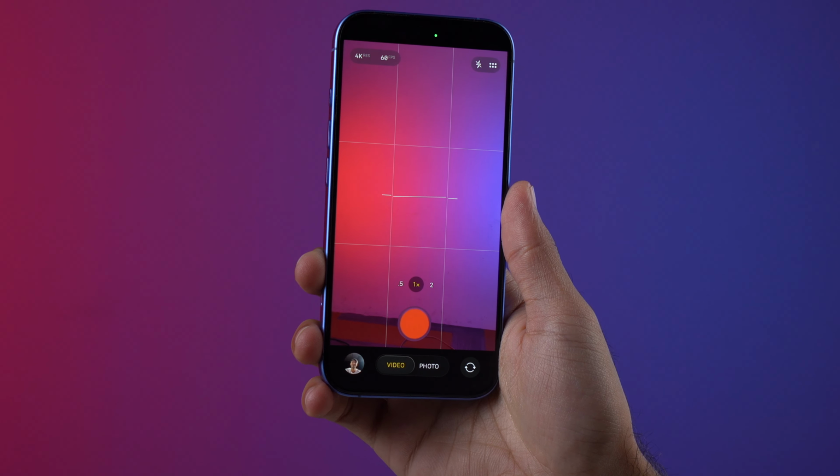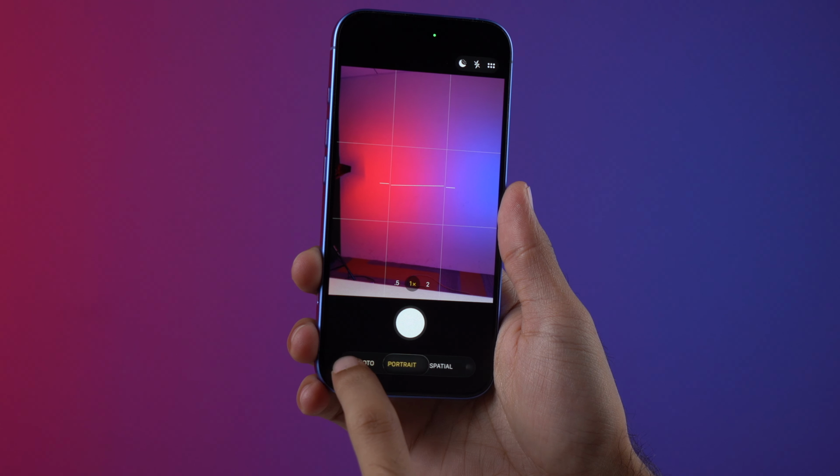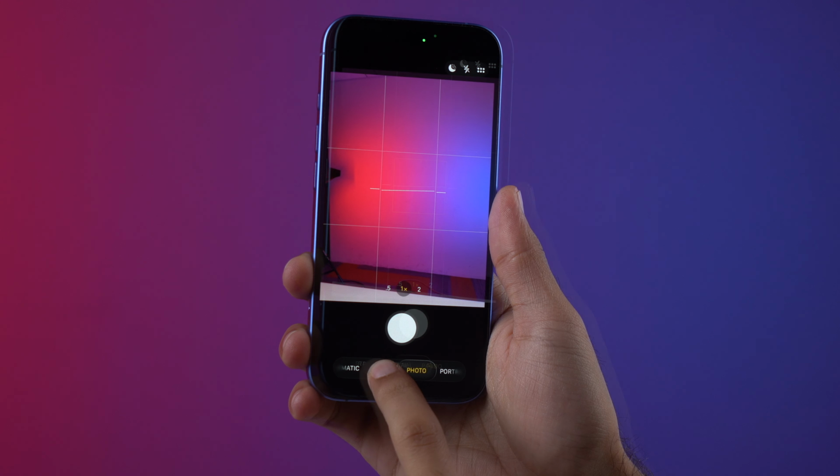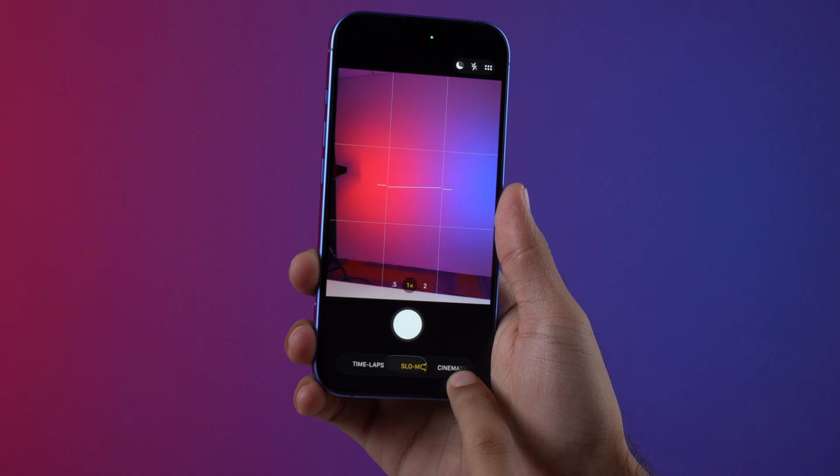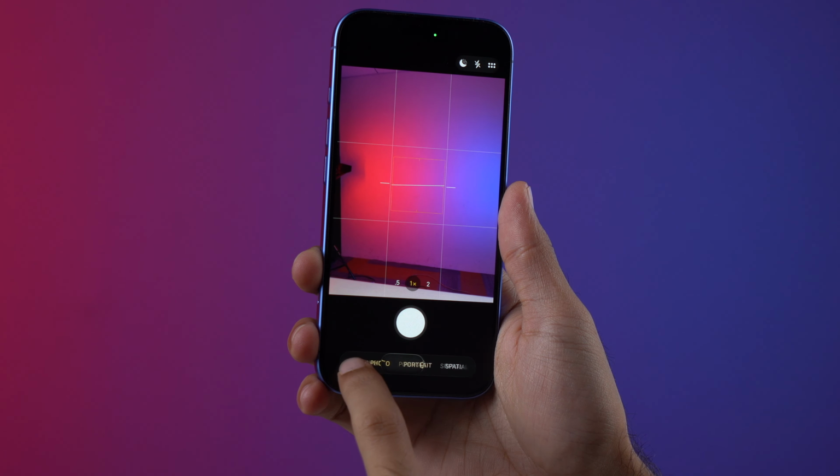The camera app has also been revamped to go in sync with the whole liquid glass theme. Whether I like it or not, that's the story for another day. Press and swipe right for all the camera modes and left for all the video modes. It's a whole gliding with the water vibe that Apple has picked up.